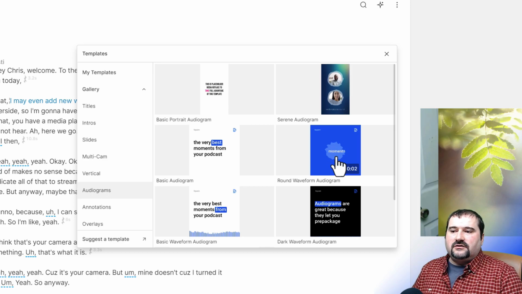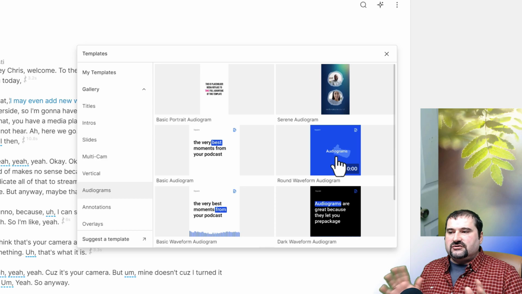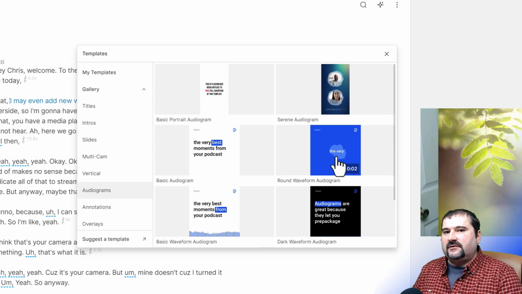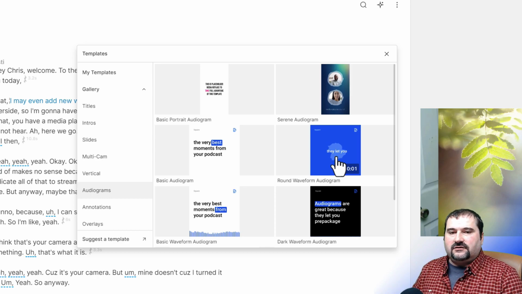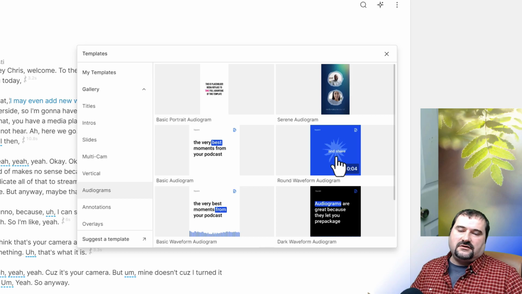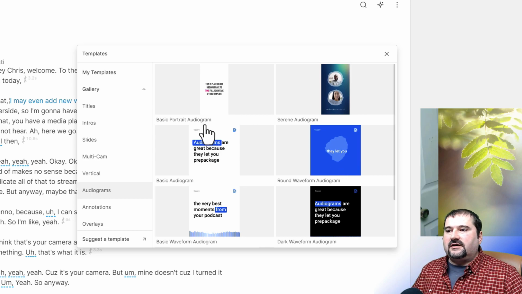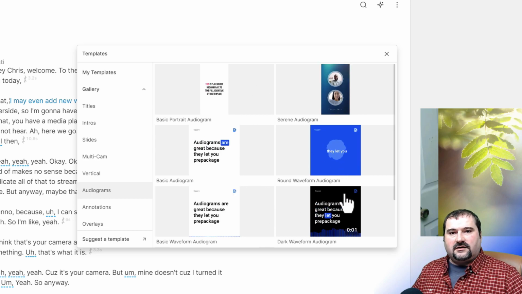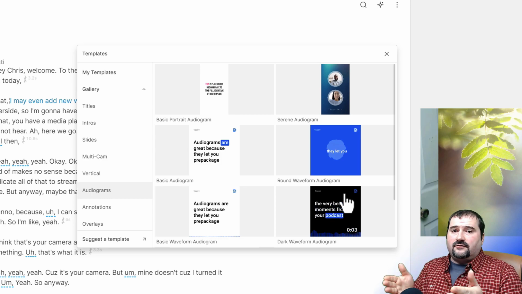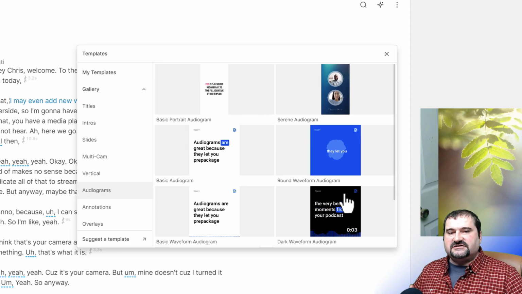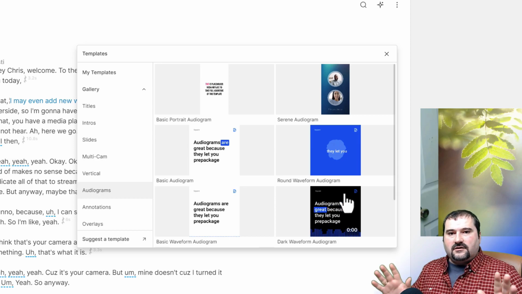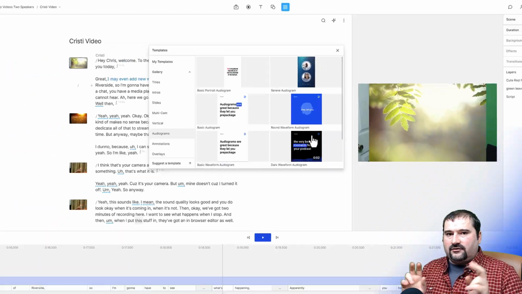And also, you can now build your own audiograms, which you kind of could do in the classic version as well, since they introduced all those other tools like fancy captions, waveforms, progress bars, all those animated elements that you could use to build your own audiograms, which, let's be honest, were much better looking than the standard ones that came built in. So now the audiograms are here, and you can also create your own with the scenes and the elements and images, your logo and branding and all those things. You can do any of those things as audiograms.